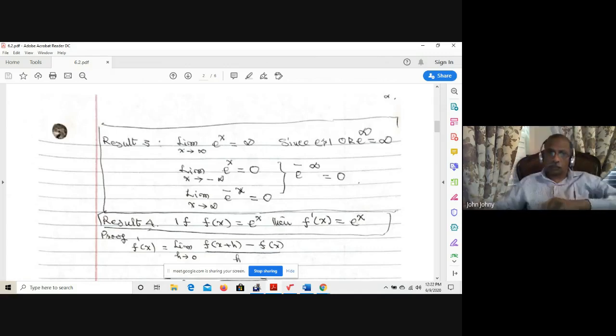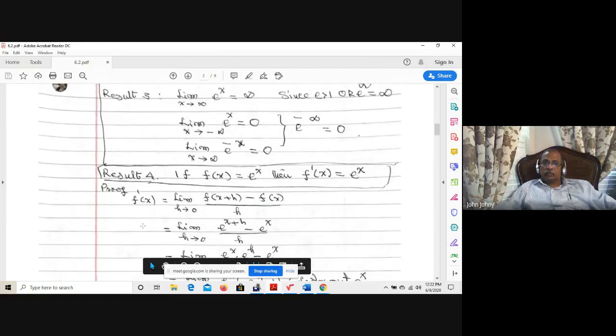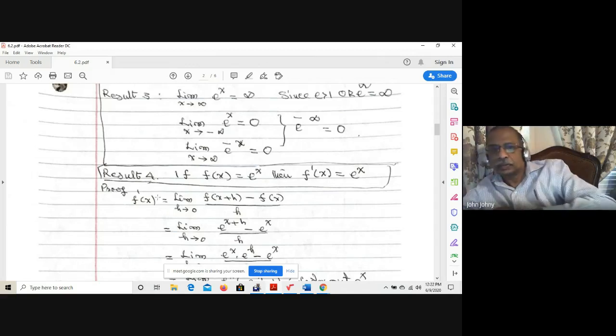Result number 4. Yeah, here comes the calculus. Derivative of e to the x is e to the x itself. So this is the only function whose derivative is equal to the function itself. Proof. f prime of x is equal to the limit as h approaches 0 of f of x plus h minus f of x, whole divided